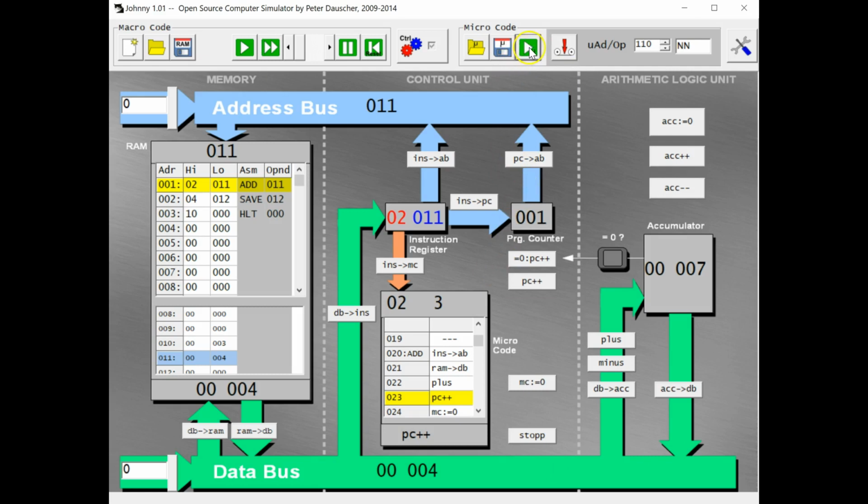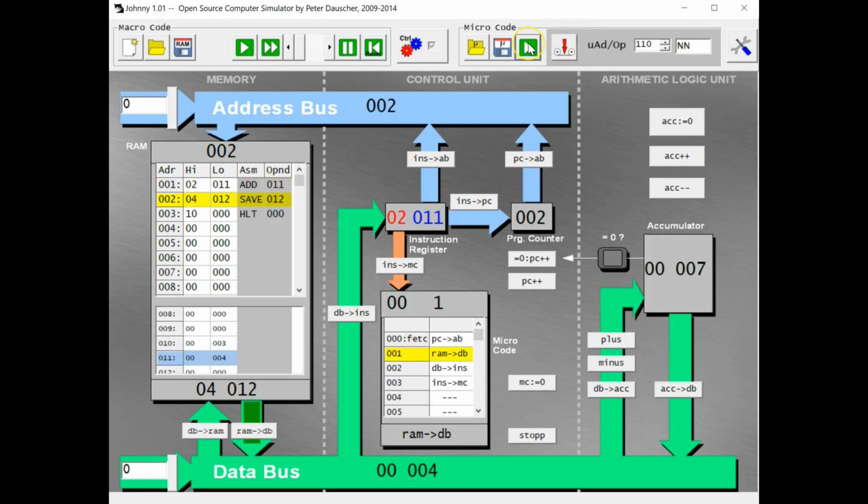It jumps to the next instruction by increasing the program counter by 1, and then it jumps back to the fetch cycle by setting the microcode address to 0 again,